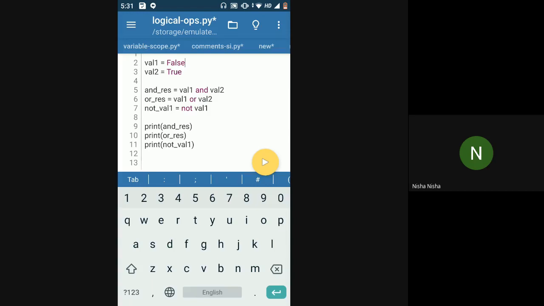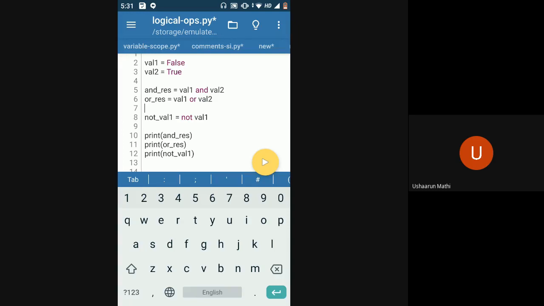False. No, it should be the reverse of it. True. Yeah, it should be true. Okay, so that is the simplest logical operator. When you use not, it's a single operand. This not operator does not require two operands. It just uses a single operand. Okay, and or and operators use two operands.